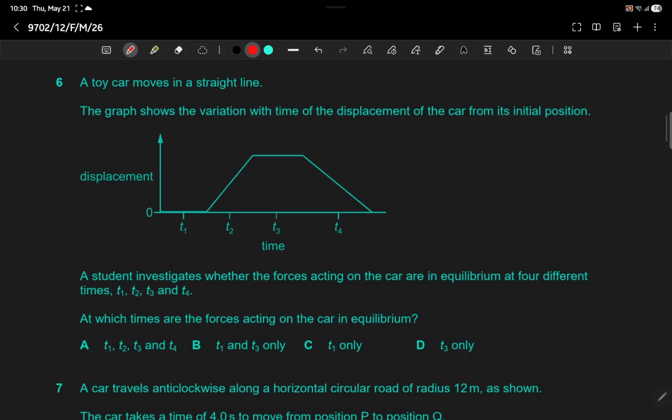Now, a toy car moves in a straight line. The graph shows the variation with time of the displacement of the car from its initial position. Okay, so displacement time graph is given. So from this to this, so let's call this t1 plus half seconds to t2 plus half seconds. So initially from rest, this means constant speed. So over here constant speed, and over here it's at rest, and then constant speed again,